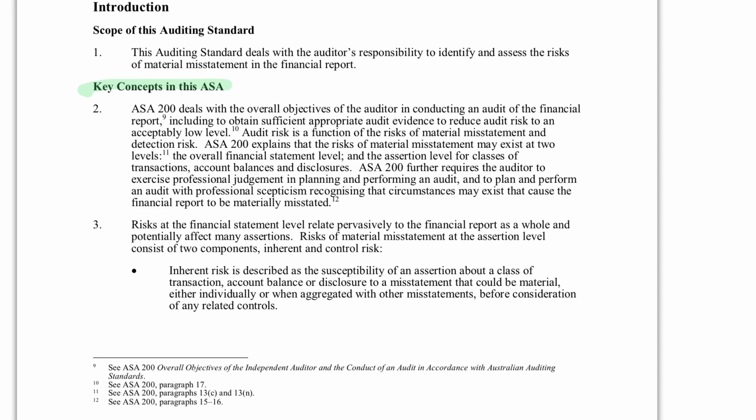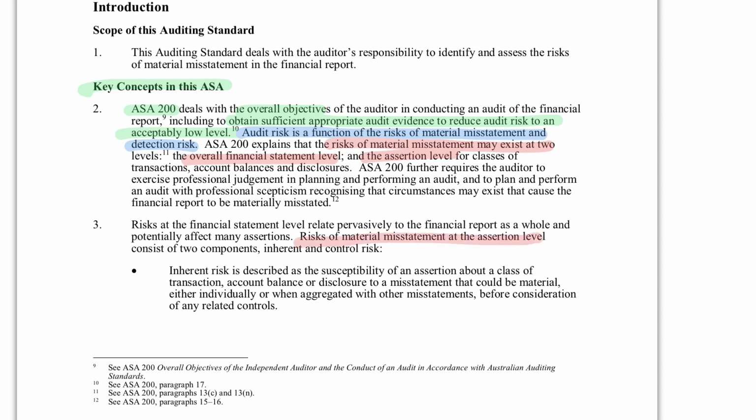We know that this is an important foundation standard, but it really helps set the scene of what we want to do. It reminds us about ASA 200 and our objectives to get sufficient appropriate evidence, to reduce audit risk to a low level, and to give our audit opinion. And it's really nice and clear here that it says audit risk is a function of the risk of material misstatement and detection risk, and that the risk of material misstatement may come at the overall financial statement level or at the assertion level, and they can come from inherent risks